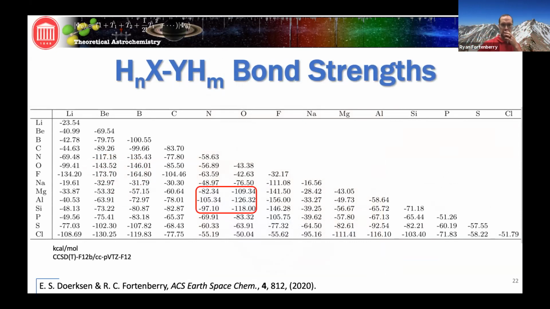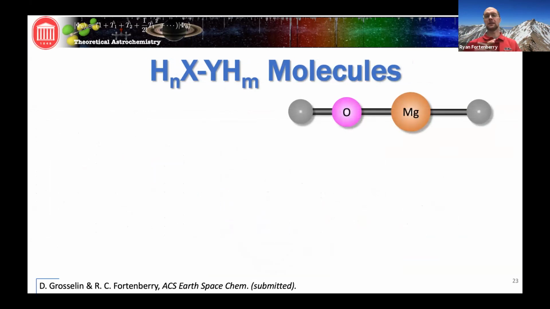really strong ones, there's also another strong bond that we have between magnesium and oxygen. And this particular molecule is HMgOH. It is C infinity V. It is actually linear. It doesn't bend, which is kind of peculiar when you think about that oxygen sticking out on the side, so it's not making that bent structure that we would anticipate. And that tells a lot about the electronic structure, which we could talk about later.